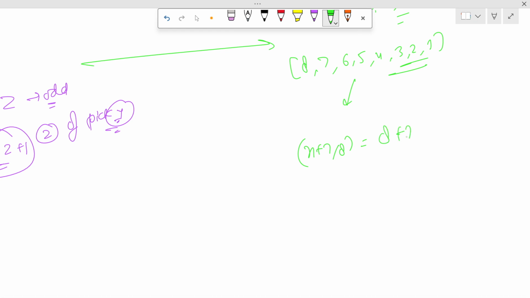It becomes (8 + 7) / 8, which is equal to 1, and after this we pick the pizza of 0, which is equal to 8, and the total weight gained is 8. Okay, here we calculate 8,